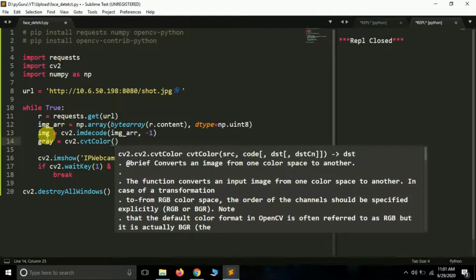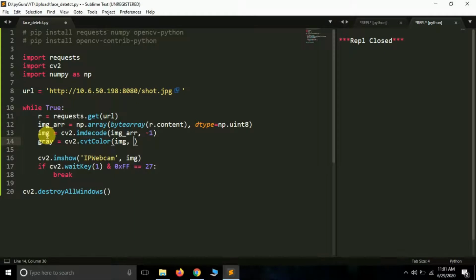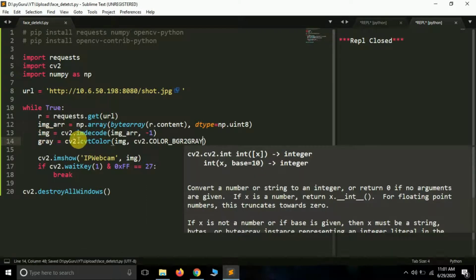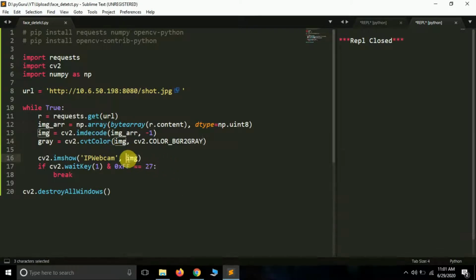So our color image is img, and I want to convert it into grayscale. So how to convert it? cv2.COLOR_BGR2GRAY, and it will convert our colored image to grayscale.